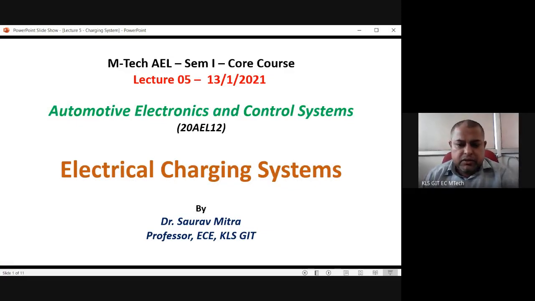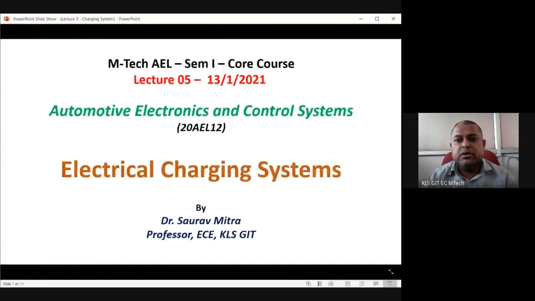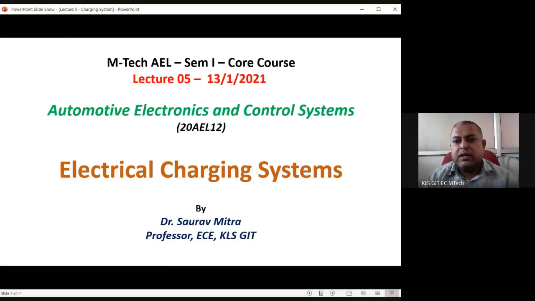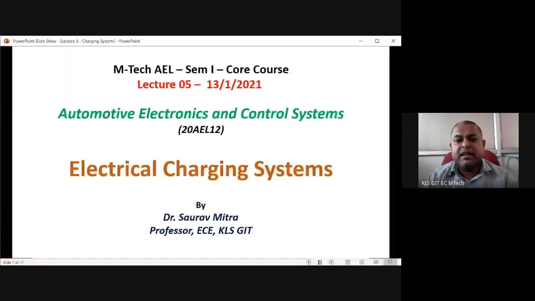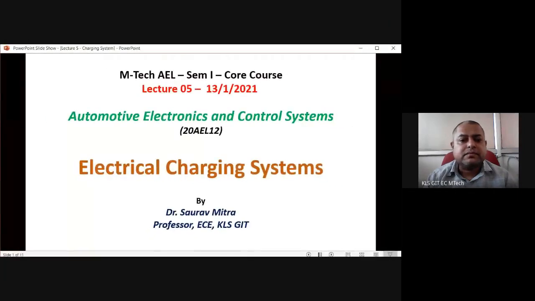Okay, good morning. So we will start with the second topic from module number one. The first topic was batteries. We have seen what the requirements of batteries are for proper charge transfer for any kind of application. Now, in this second and very important topic, we will see how to charge the battery and how to generate electricity for all the other requirements for any kind of use inside the vehicle. We'll find what the other uses are.